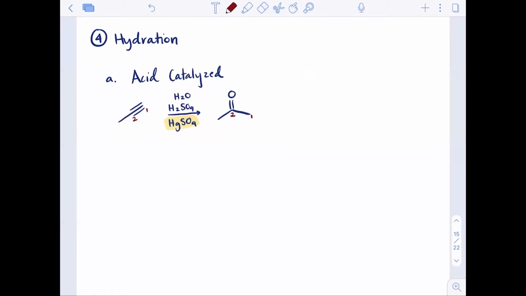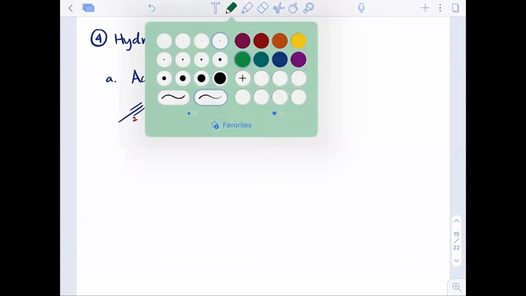Oxygen is going to be added to the more substituted carbon. However, notice we don't have two alcohols here. Acid catalyzed hydration in this mechanism of an alkyne results in a ketone. We're going to see what happens with that and the intermediate that forms to produce this ketone as a product instead of an alcohol like we saw in chapter 8. All right, so for this curved arrow mechanism,